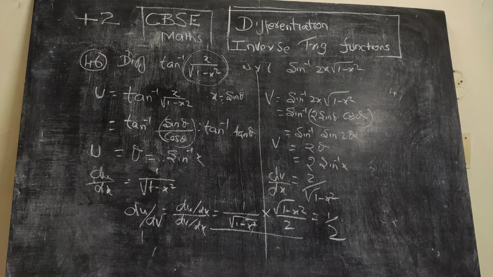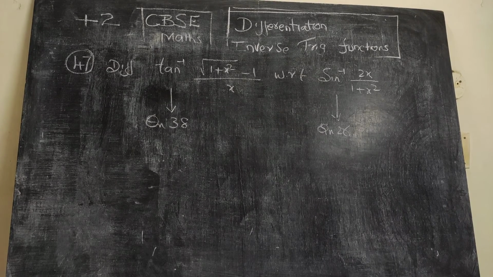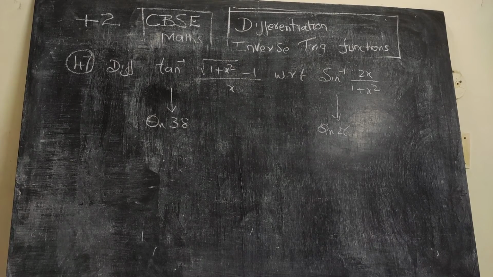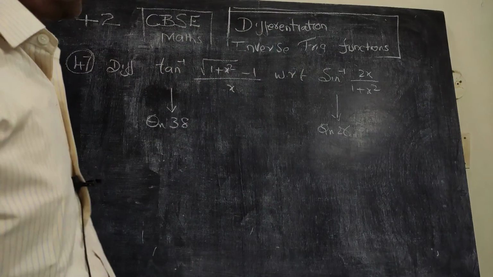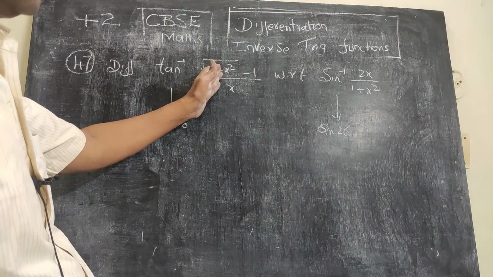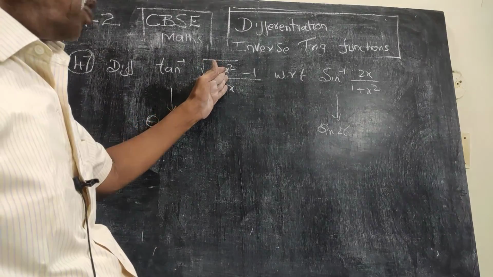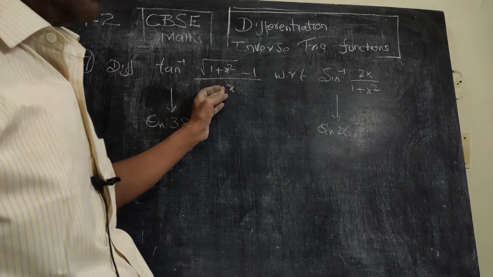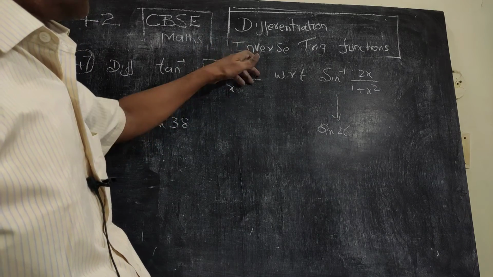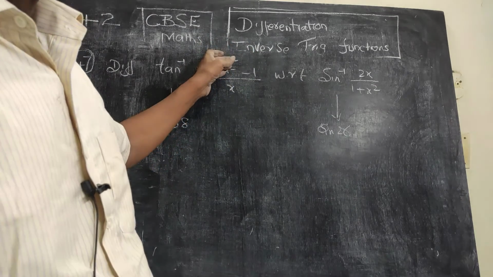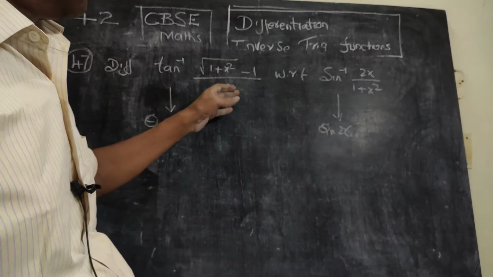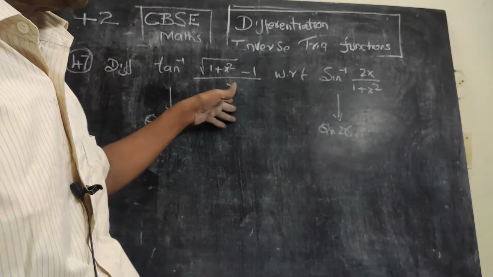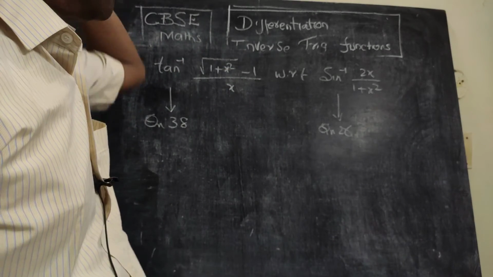Now I will go to the last problem for this video, that is question number 45 of the same model, differentiating one function with respect to another function. The last problem for the day, differentiate tan inverse of this with respect to that. You have to take x equal to tan theta. So 1 plus tan square theta will become secant square theta, that on square root, secant theta minus 1 by tan theta, secant theta is 1 by cos, so 1 minus cos theta by sin theta, 1 minus cos theta is 2 sin square theta by 2 divided by 2 sin theta by 2 cos theta by 2, get cancelled and simplify. You do that.